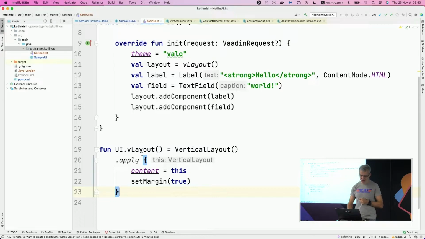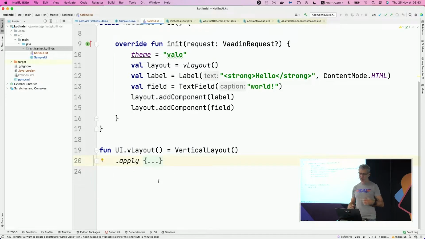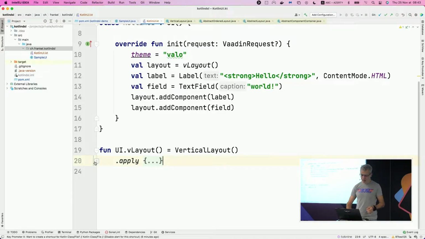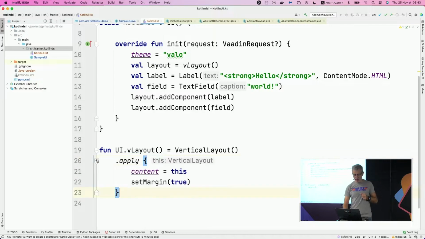I have this master view detail. I am only interested in the big picture, and if I'm interested in the detail, I can always say, oh, okay, what happens here? But for most of the part, I'm interested in the big picture. I can have a quick read at the code and understand what it does. Great. So here I set the margin to true, and as the provider of the DSL, I would like to